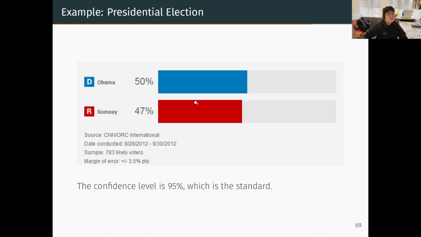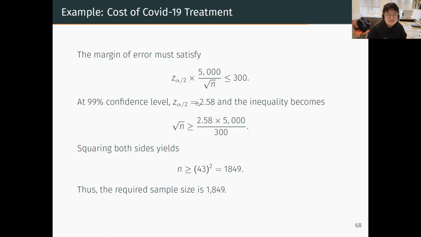It's pretty interesting, and in the next video, I will show you how this theory is applied to a presidential election. I will borrow an actual presidential election survey from the past, and show you how we apply